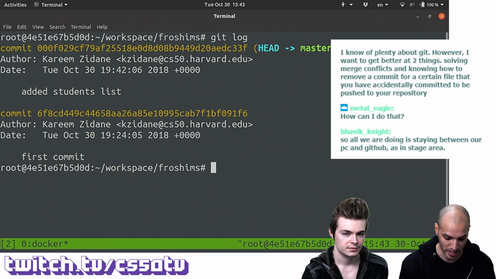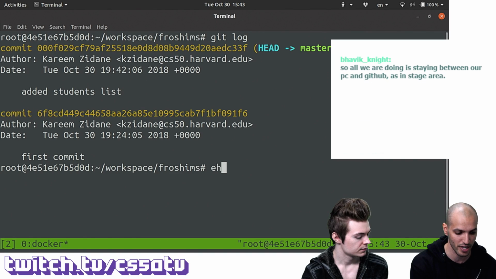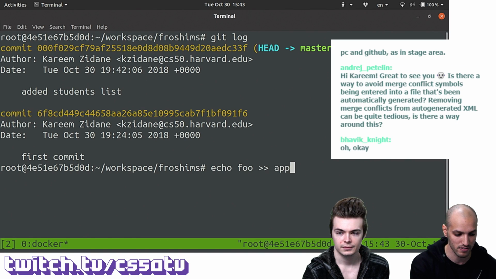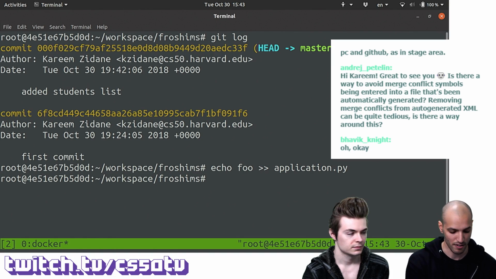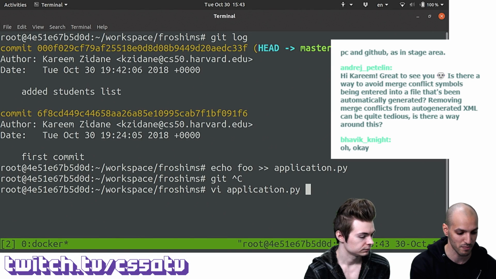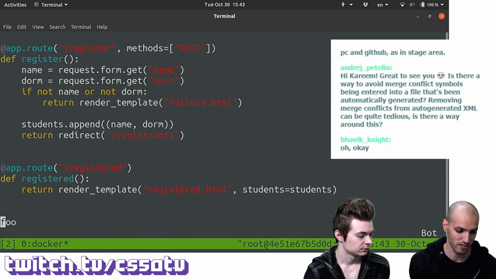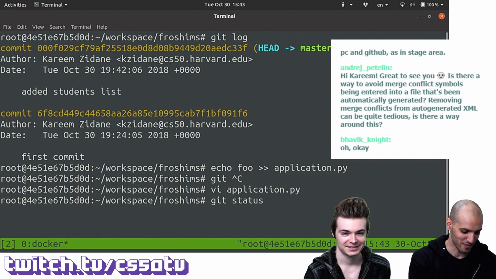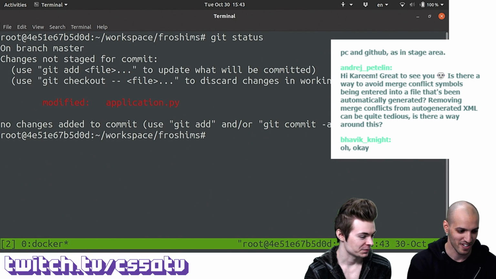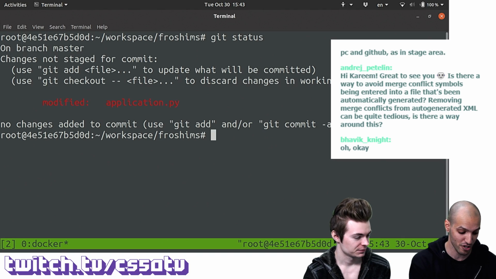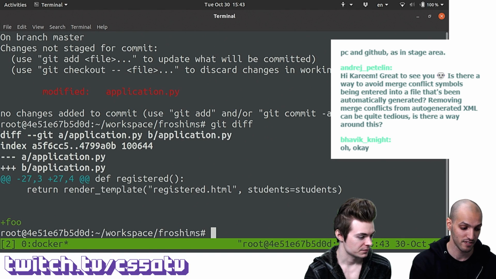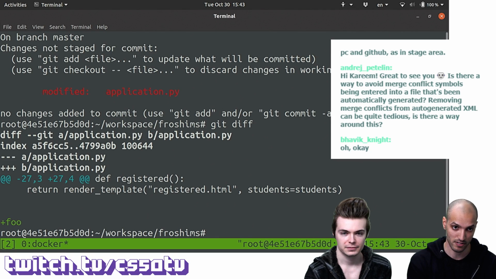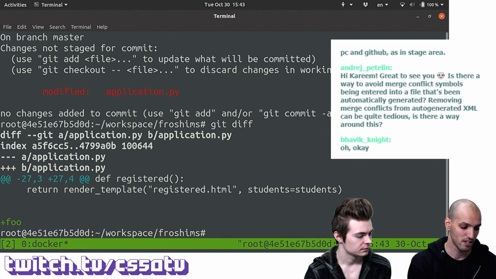One thing you might be wondering at this point: what if I made a stupid change to a file? I just added a foo to application.py here. Should have probably done this using a text editor, but I just added a stupid line here. We'll have to have you do a Linux terminal command tutorial as well for people. We probably should. So if you do git status, we can see that application.py changed, and then if you do git diff application.py in this case, it's just going to show me, hey, this line got added, and here's the line that got added.